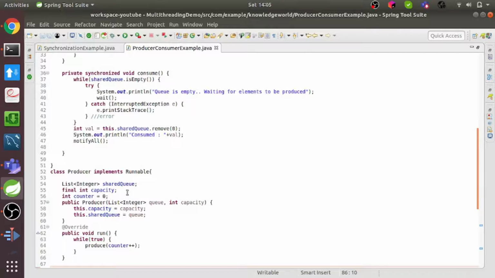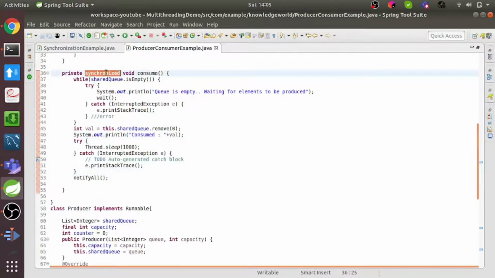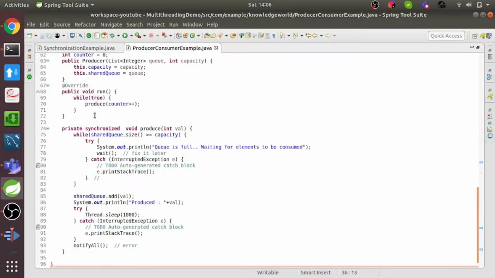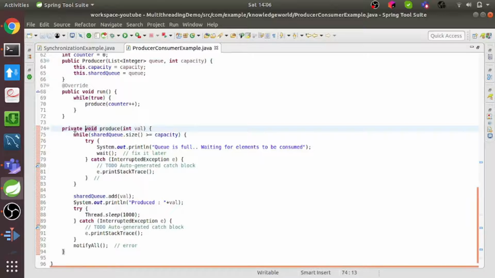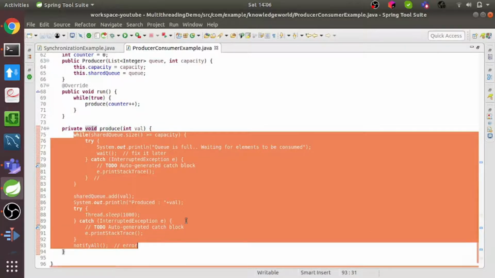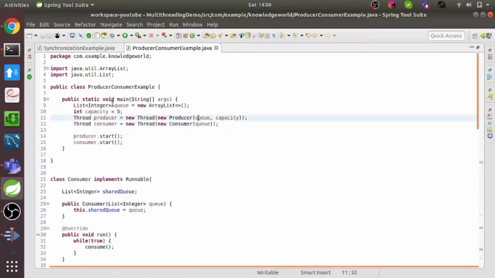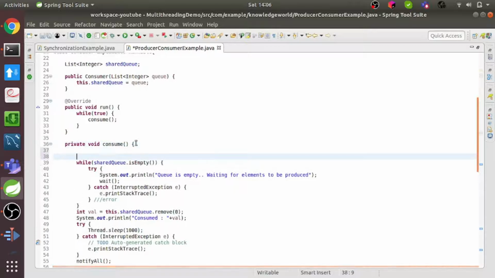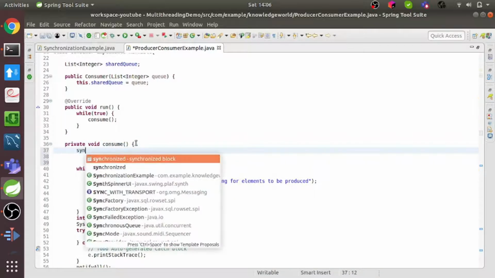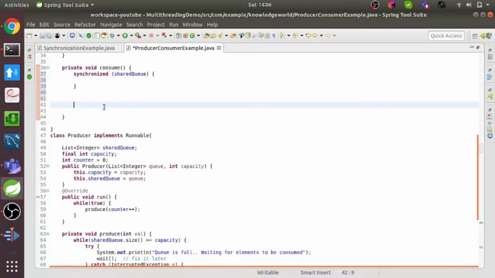And the same in the consume method. Okay, now what should we do? So obviously this won't work, right? Now we discussed that the solution here is the synchronized block. We have to put this code in a synchronized block on some object which is shared between those two threads, right? The object which is shared is this object, right? And this is the shared object. So what we'll do is create a synchronized block over the shared queue and put this complete code here,